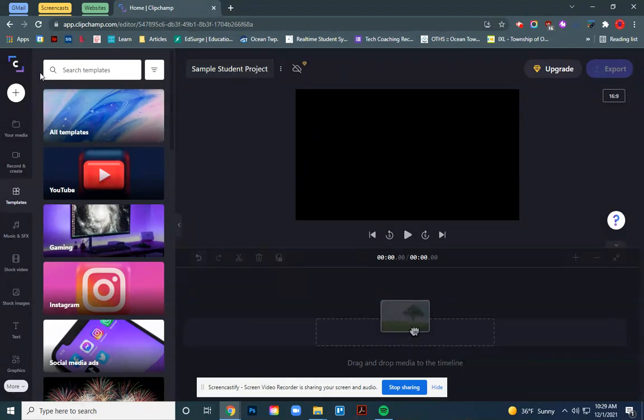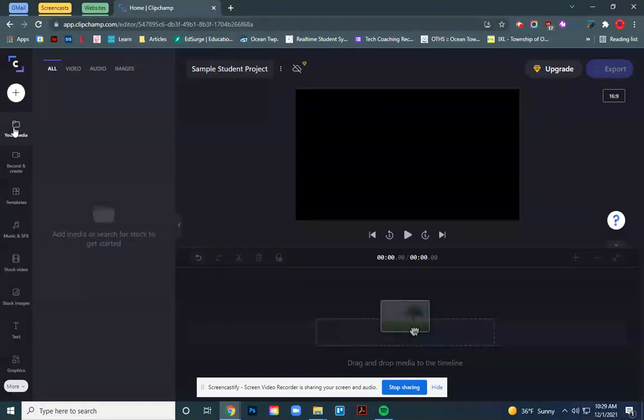And then you'll see over here is the basic layout of Clipchamp. Over here is all of the things that are going to go into your video. And then down here is the timeline where you will edit and change and create and do all the magic that's actually going to become your movie. So again, you can see some templates here. Assuming that you're doing a project that has pictures and video and music and narration, this again is